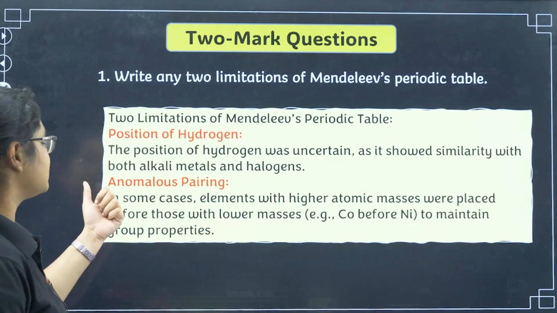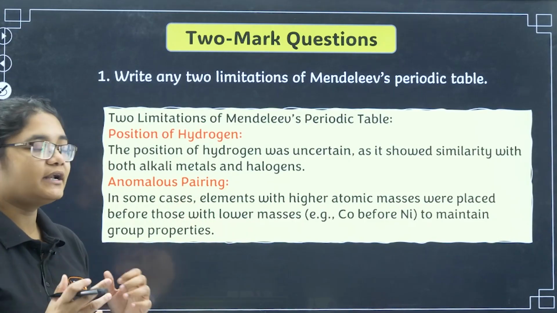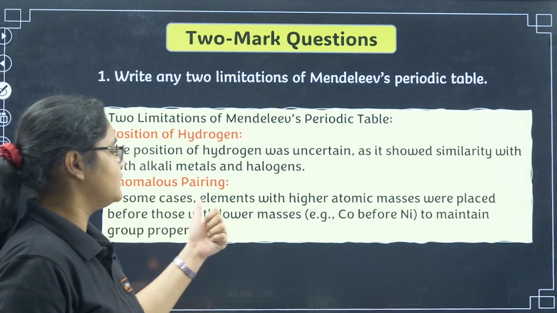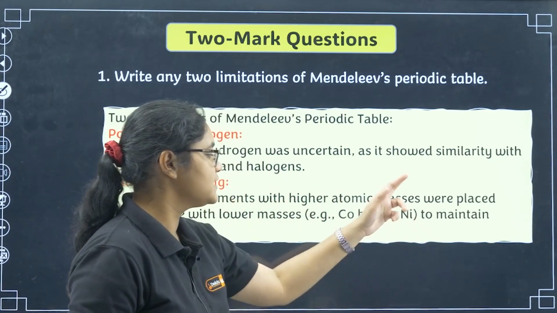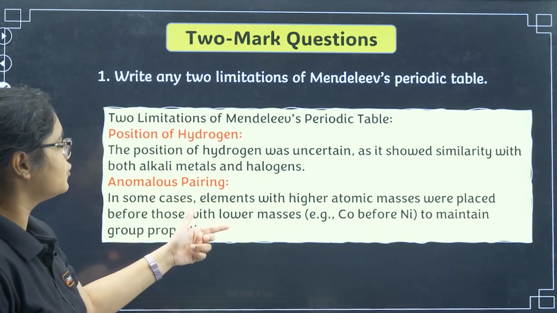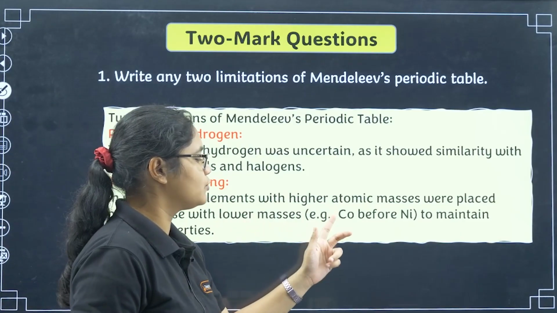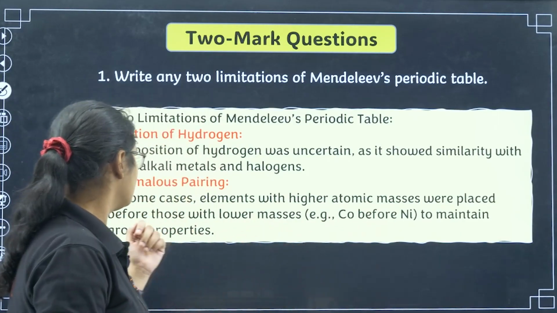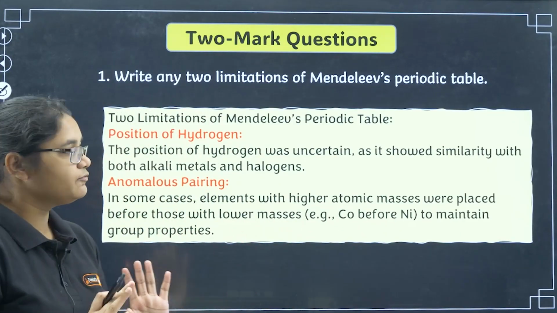The second one is anomalous pairing. So what did Mendeleev do? In some cases, elements with higher atomic masses were placed before those with lower masses. For example, cobalt was placed before nickel to maintain group properties. So if you remember,